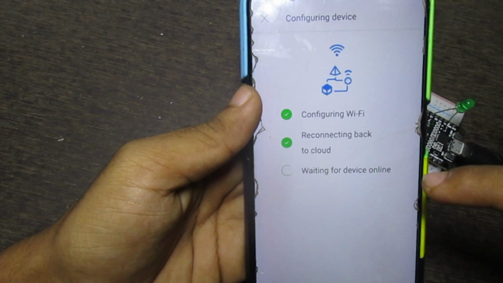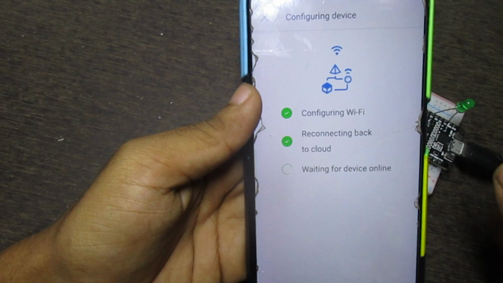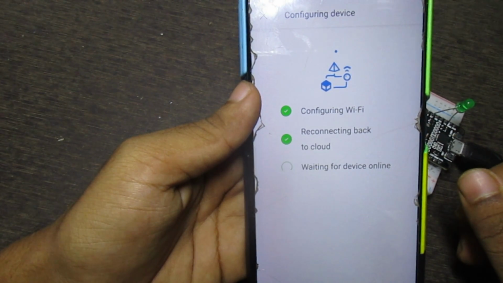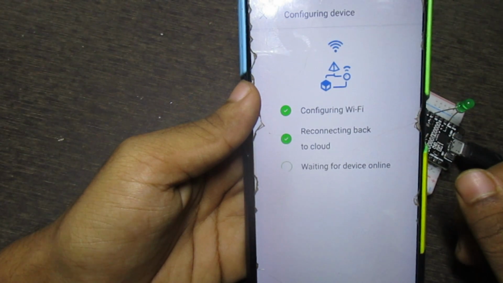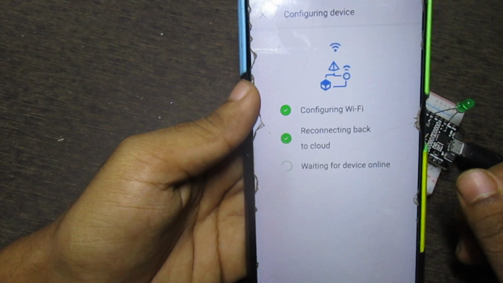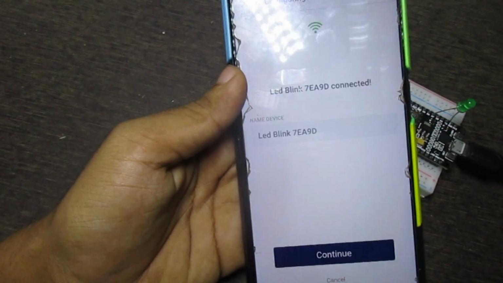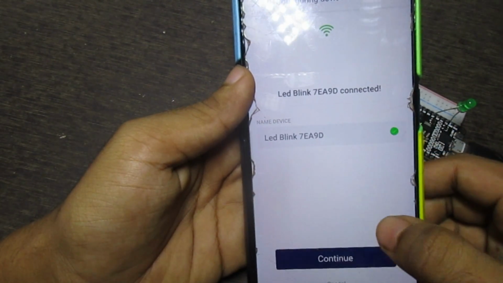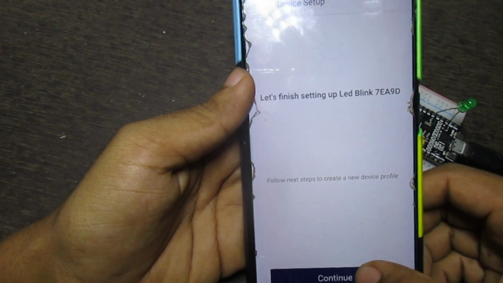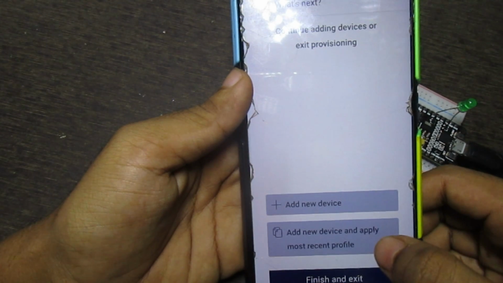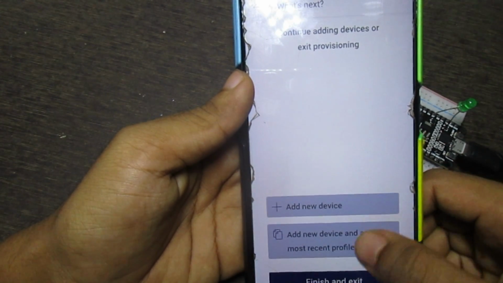Okay, now it's connecting. Just continue. Now it's done. Okay, finish and exit.